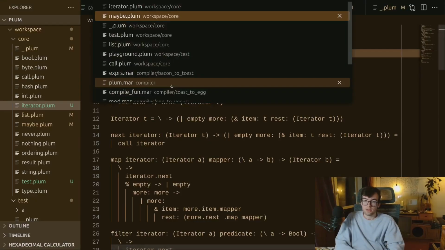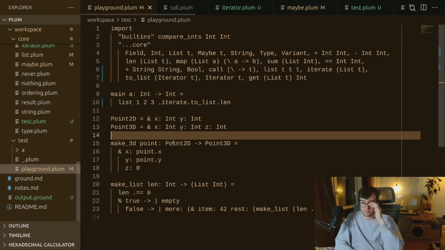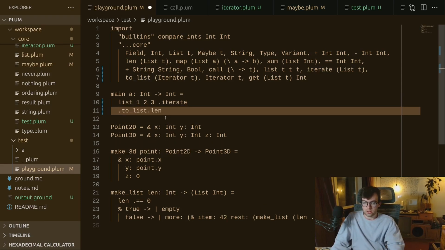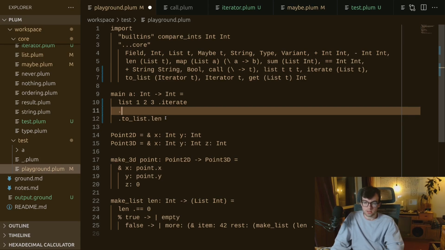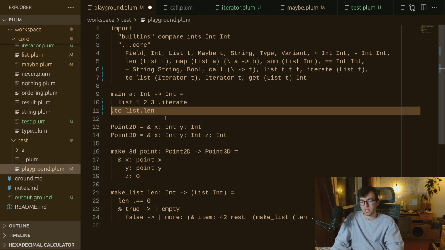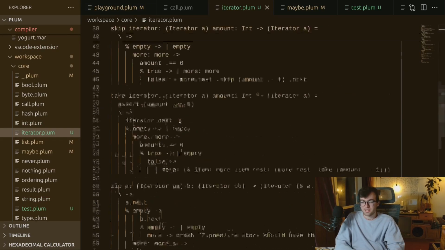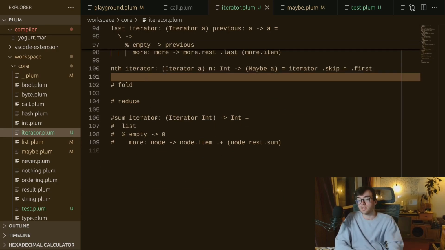All right, let's try to call these. So we have a list of 1, 2, 3, and we iterate on that. And now let's say that's, well, we can't really do anything useful with that, I guess. Okay, let's implement fold and reduce and sum, and then